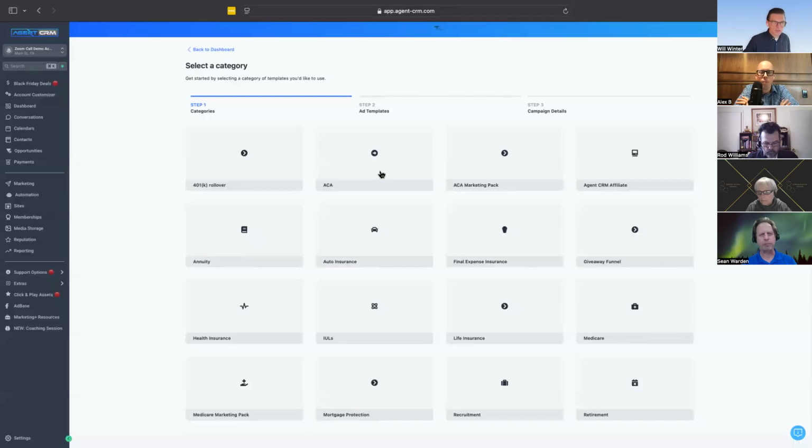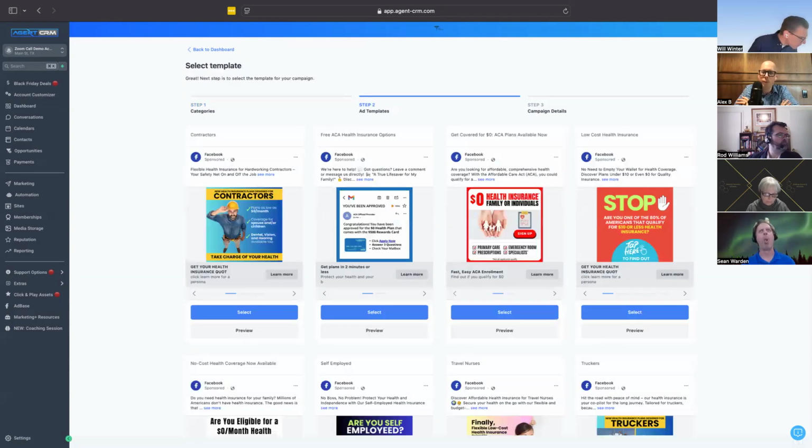But the goal is, now if you're a Marketing Plus user, awesome, because you're going to get help, you're going to get pre-made resources. But one of the main takeaways here is that the first part of connecting with a lead is a strong hook. You want the right bait, whether it's a pain point, whether it's a hope or a need or an aspiration. There's a lot of noise out there on the internet, and capturing someone's attention in a split second, that's what these ads are designed to do. It looks like a lot of ACA people maybe will focus a little bit more on that, but you get the point that these are ads that are tested,